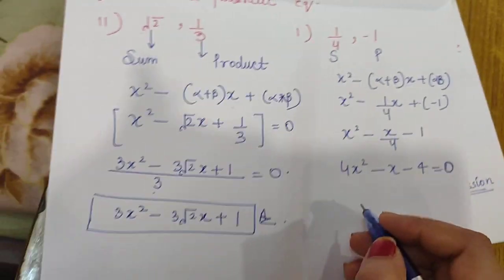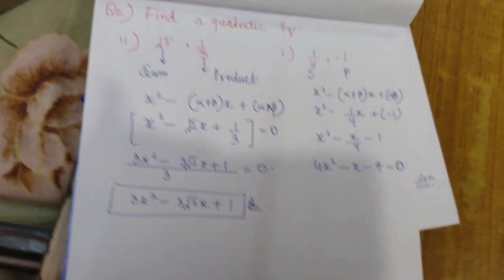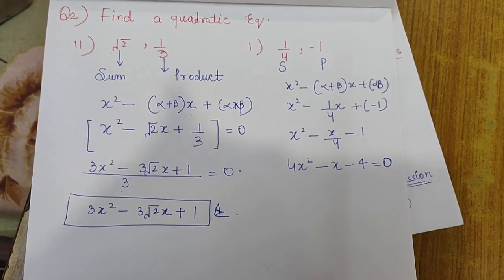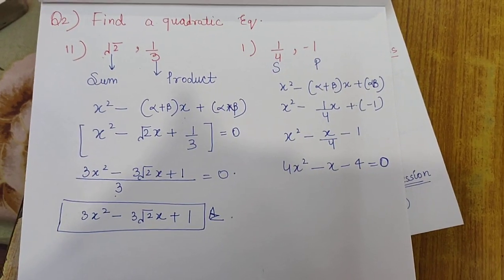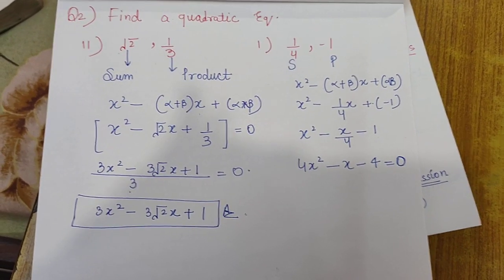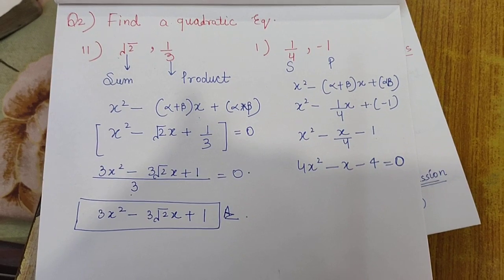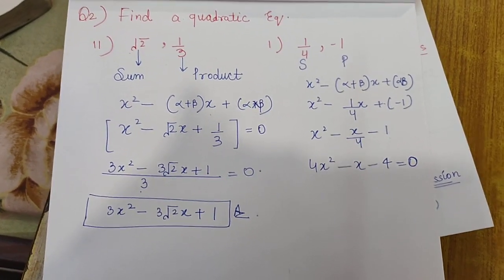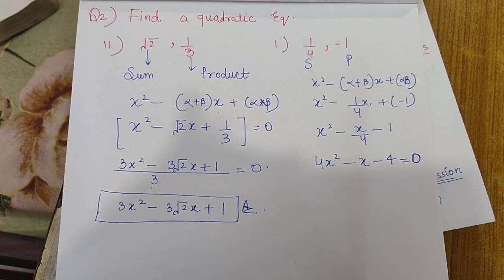Now you do the remaining parts of this question also and complete exercise 2.2. I hope these two topics are clear, because both these topics of this chapter are very important for board exams. So do all the parts, don't leave any part, even do the examples also, and for the next topic